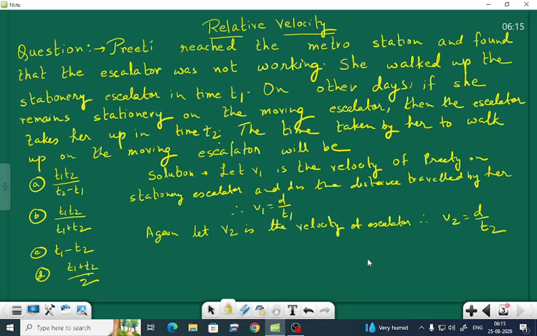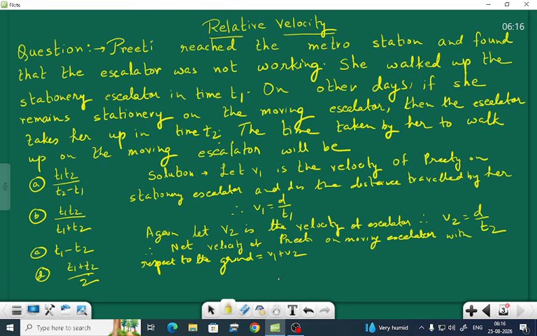अभी हमने लिखा है नेट वेलोसिटी ऑफ प्रीति ऑन मूविंग एस्केलेटर विद रेस्पेक्ट टू द ग्राउंड। देयरफॉर नेट वेलोसिटी ऑफ Preeti on moving escalator with respect to the ground is equal to v1 plus v2, ठीक है।